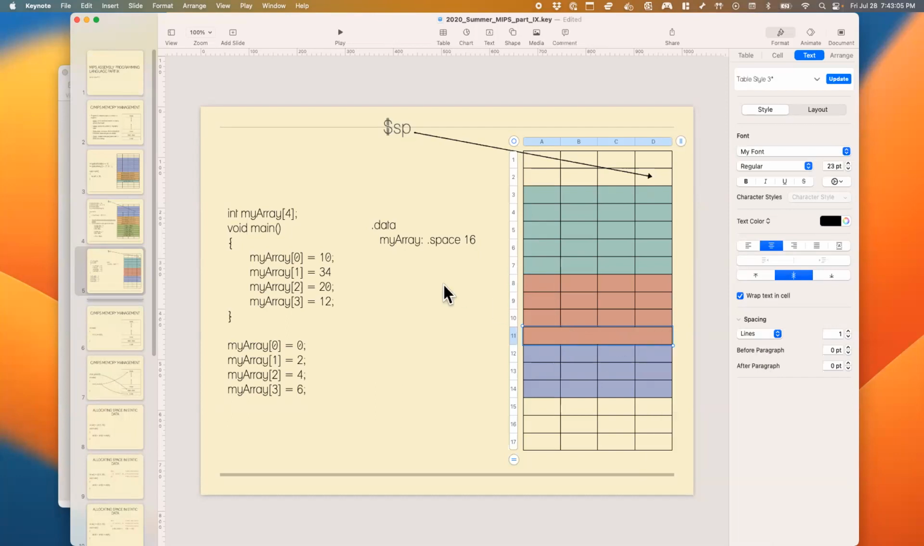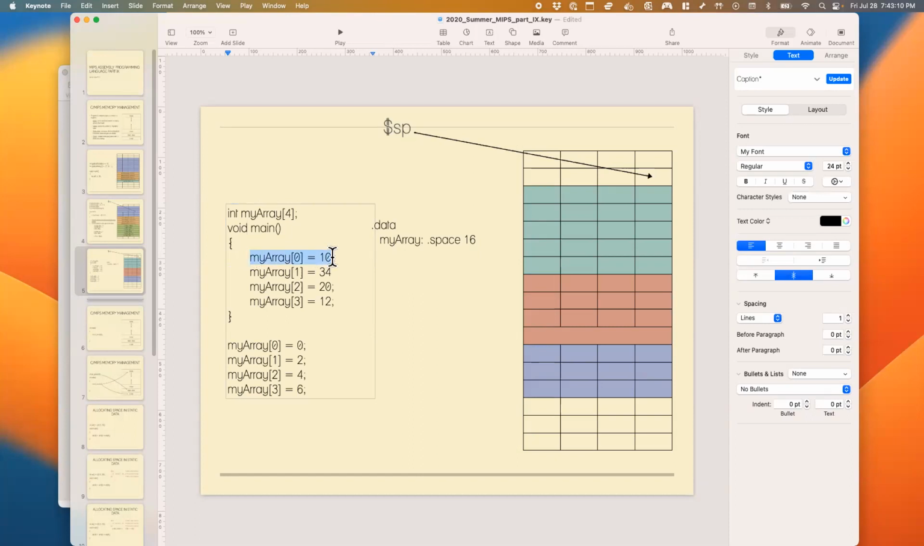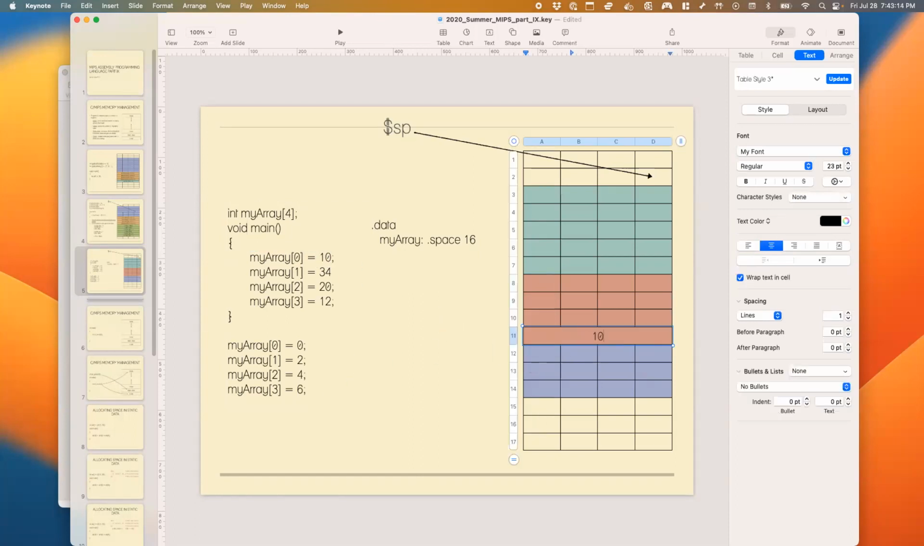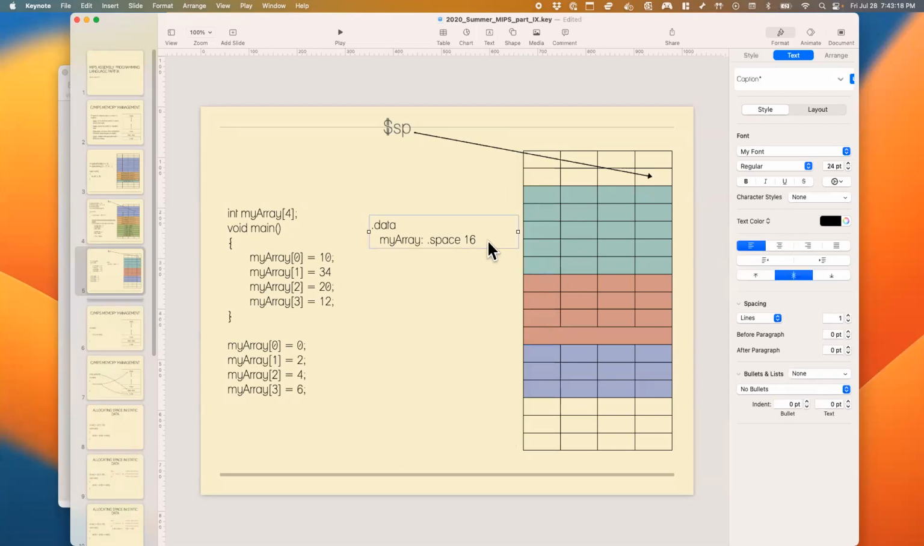There's no 10 here yet, but I would like to put 10 here. I would do that by writing code that, when it is executed, puts 10 here. So only when the code is executed is 10 going to go there. So what you need to know